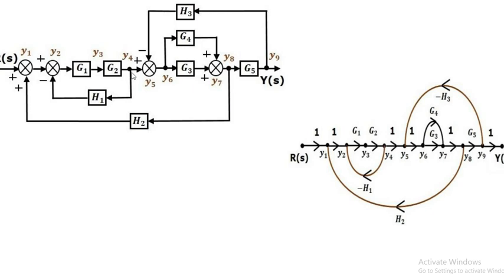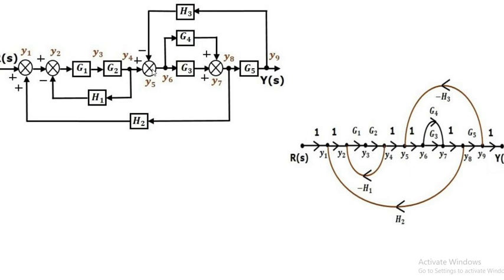Now from this y4 to this takeoff point, again for the takeoff point we have to take another branch. So for this takeoff point I have taken y4. In between, that G2 we have replaced with the branch, again as G2, that we have discussed. Now for this y5, again we have taken another node.